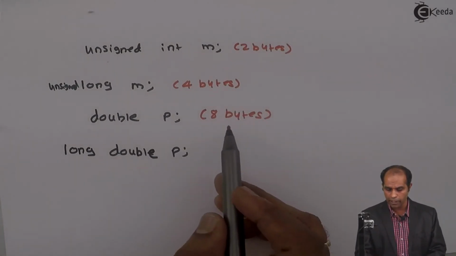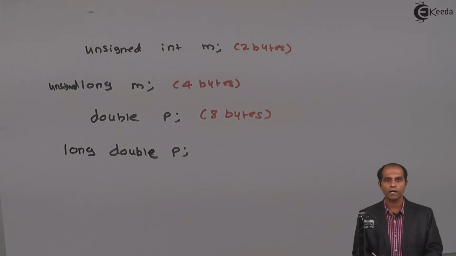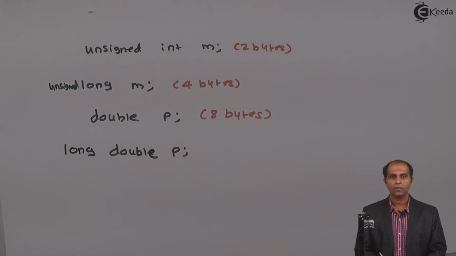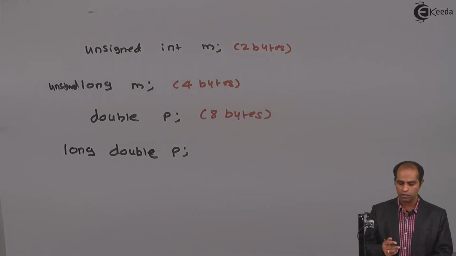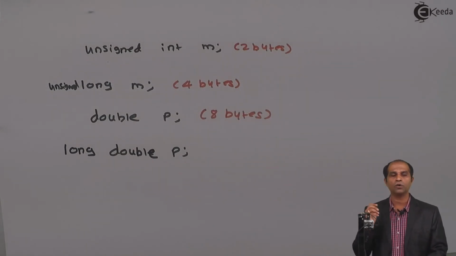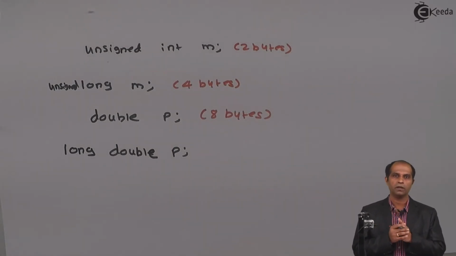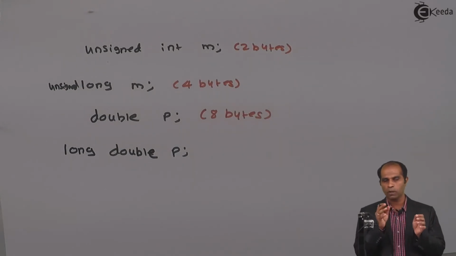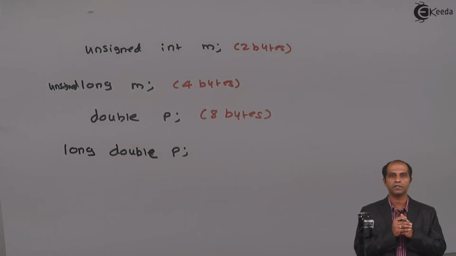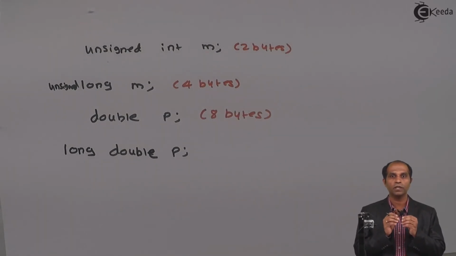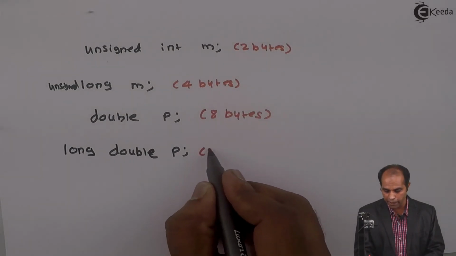A double P will have 8 bytes, which will store values approximately around 10 raised to somewhere around 301. If I had to store values beyond this, 10 to the power of somewhere around 1000 odd values, in that case I can go for long double P. But in this case, the size never gets doubled. Float to double, it will double the size from 4 bytes to 8 bytes. But when it comes to double to long double, it will not double the size. The size at this place is going to be somewhere around 10 bytes.